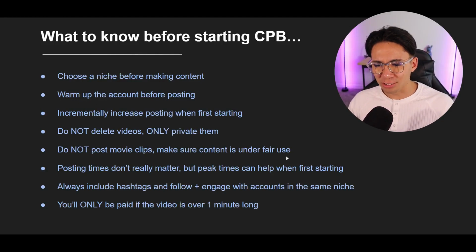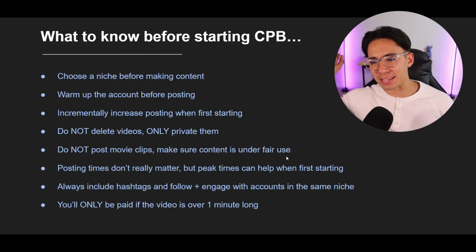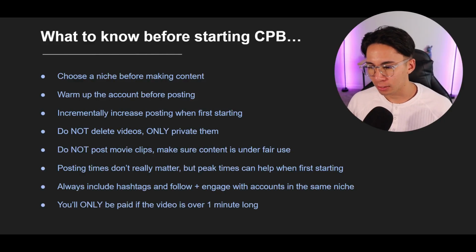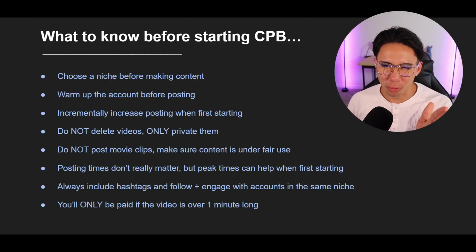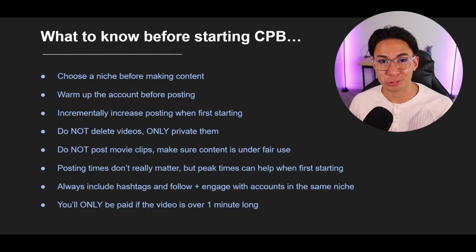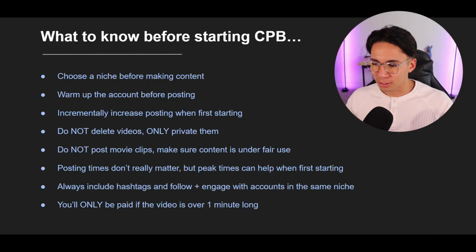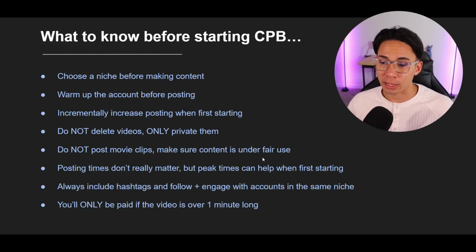So, last thing, you will only be paid if the video is over 1 minute long. So if the video is, let's say, 59 seconds, and it gets 10 million views, you're not paid a dime. Make sure it's a minute long, and just to be safe, a minute and 1 second. Because if it's 59.9 and it rounded down for some reason, there was a glitch in the system, you're going to be heated if it gets 200 million views like that other dude, right? Make sure it's a minute and 1 second, a minute and 2 to be safe, and then you'll be solid. So you won't be paid if it's not.